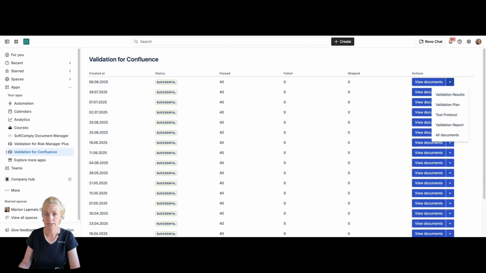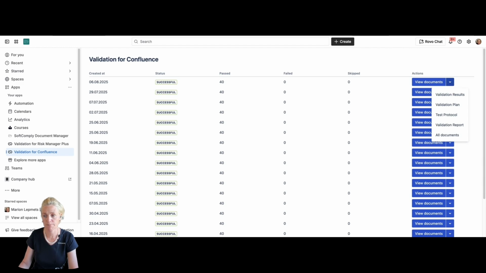We have the master validation plan that describes the scope and process of the validation of Confluence Cloud. Here we talk about the intended use of Confluence Cloud and the risk assessment of Confluence Cloud, based on which we determine which features and functions of Confluence we are going to test in the validation test run. Validation protocol is the test protocol that describes each one of the test cases, in the details of expected results and the different steps and sub-steps that we want to take in order to test